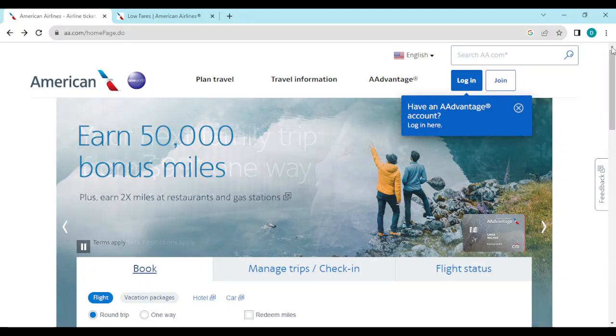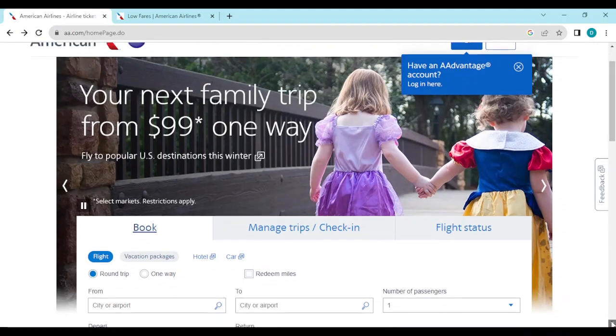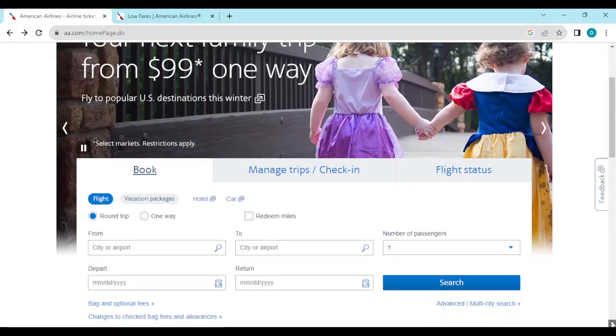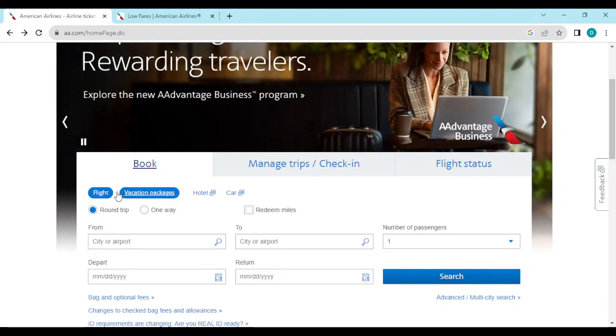So if you've not booked a flight on American Airlines before, you just have to visit the website or the mobile app and then select book here. You select book, you'll see flights. If it's flight, if it's vacation package, whichever one, select flight and then you'll be asked to fill in these